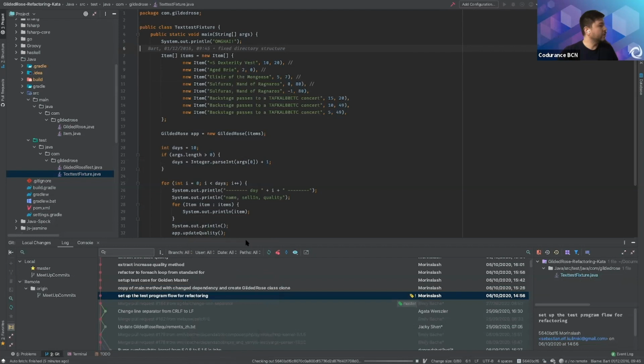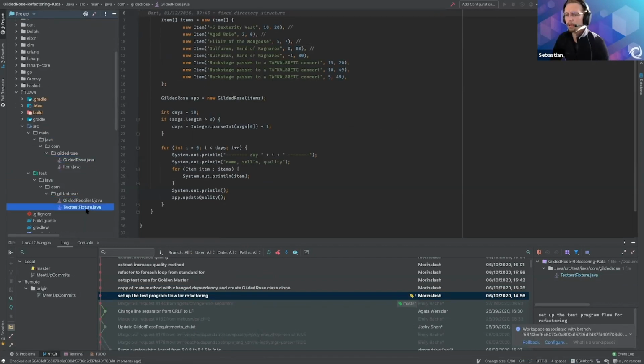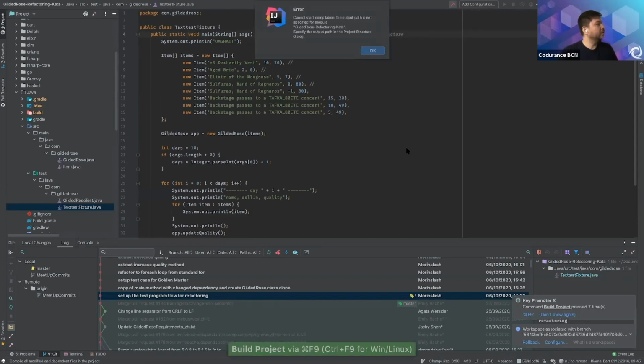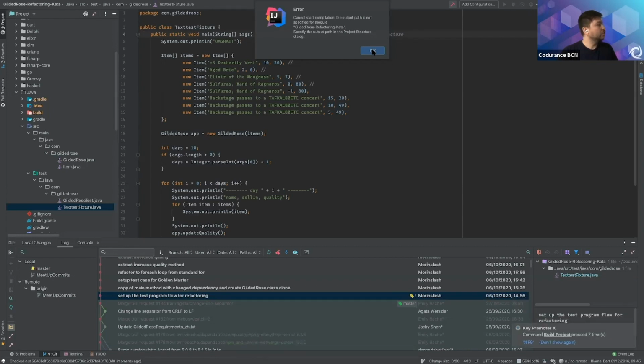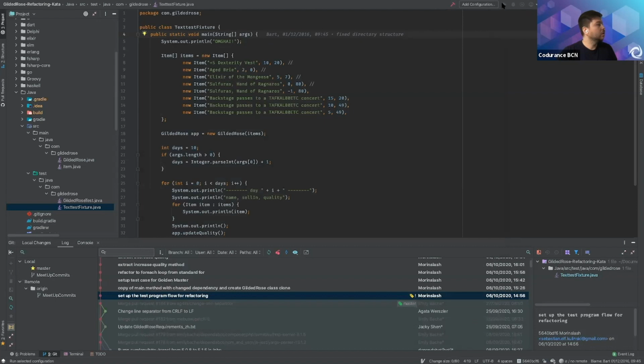Maybe you have an issue with the build, you should maybe do a Gradle build. I don't know if you have the Gradle option.